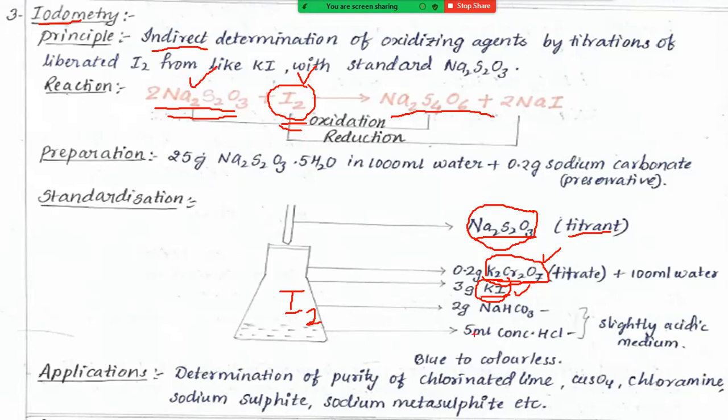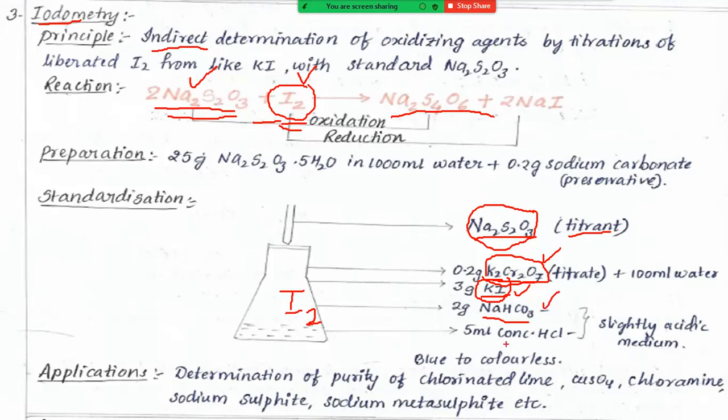And here also we are using sodium bicarbonate. Here the sodium bicarbonate will be acting as a preservative. It will be useful for stabilizing the reaction. It will be lowering the rate of reaction. Why? Because iodine is not an active molecule. It is a weak oxidizing agent. So there is a difference in the rate of reaction between these two compounds. That will be compensated by this sodium bicarbonate. It is acting as a stabilizing agent.